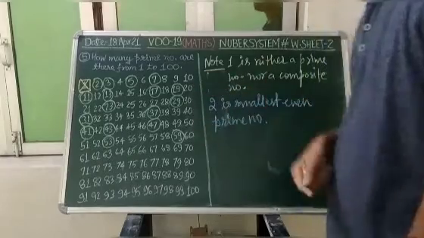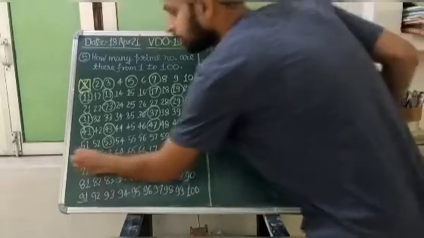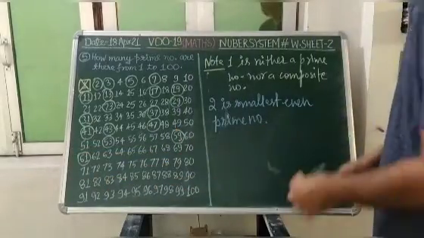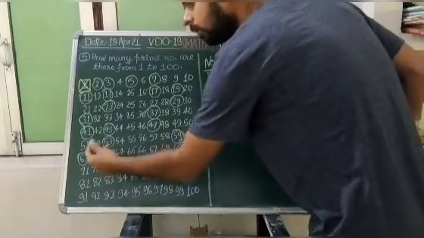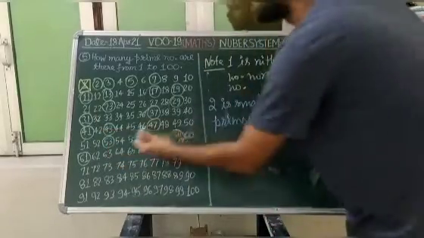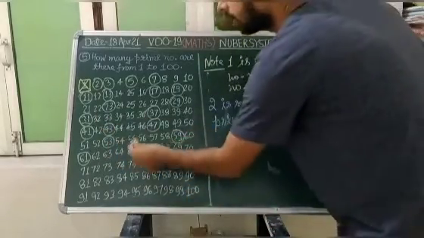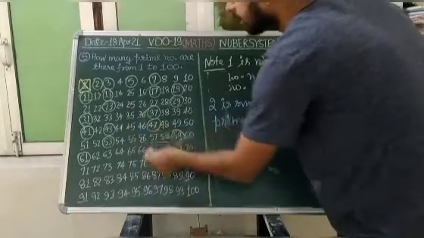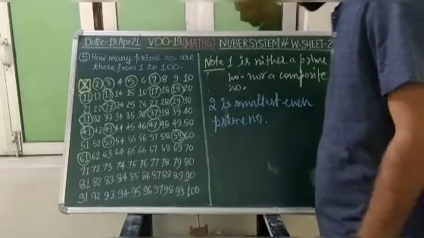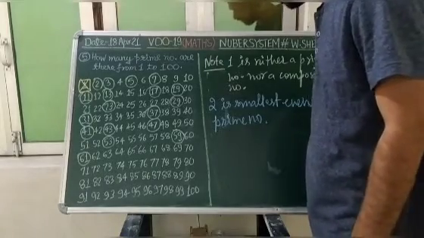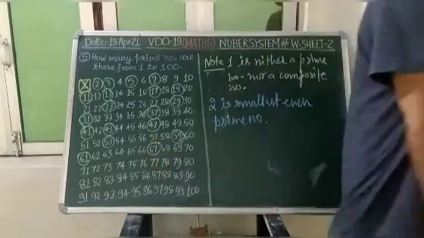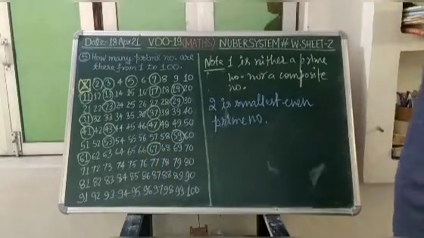60 will be divisible by 10. 61 will only go by 1 and itself, so it will be our prime number. 62 will be divisible by 2. 63 will be divisible by 3. 64, 2. 65, 5 will divide it. 66, 11 will divide it. 67, when you are selecting, I think 67 is your prime number since it is only divisible by 1 and itself.